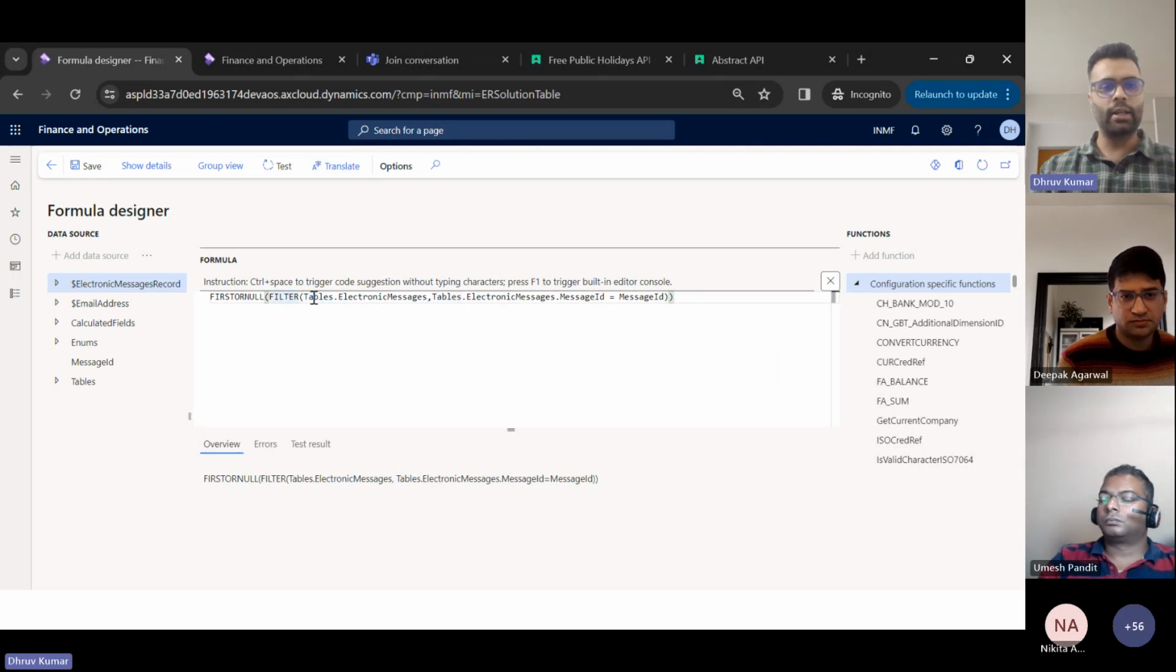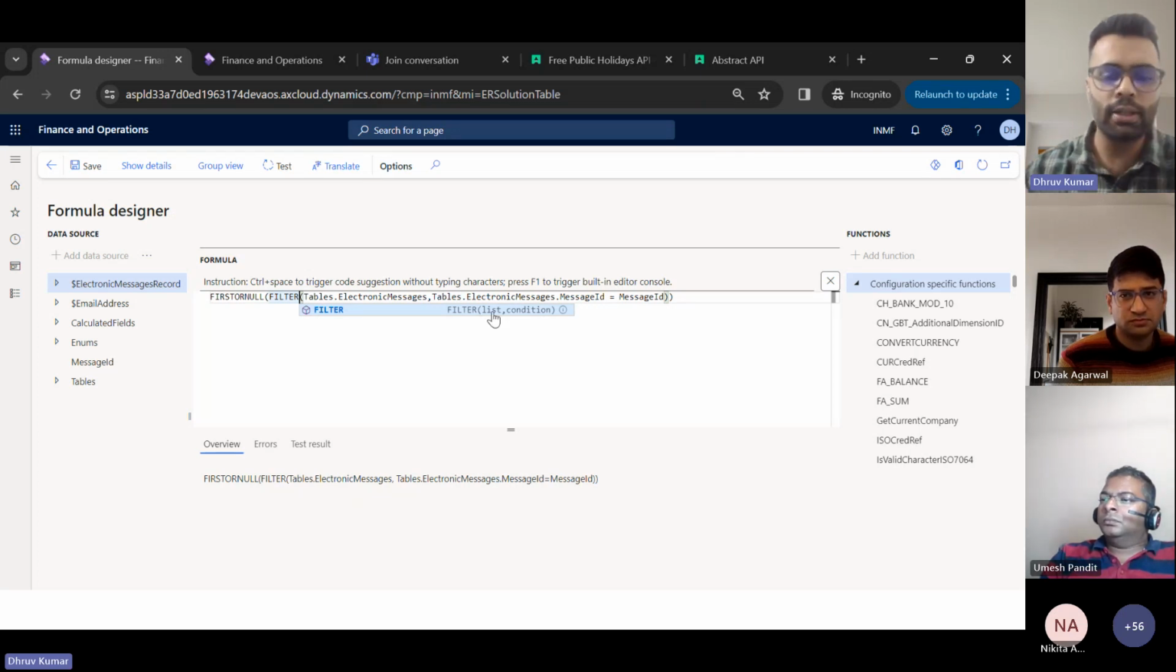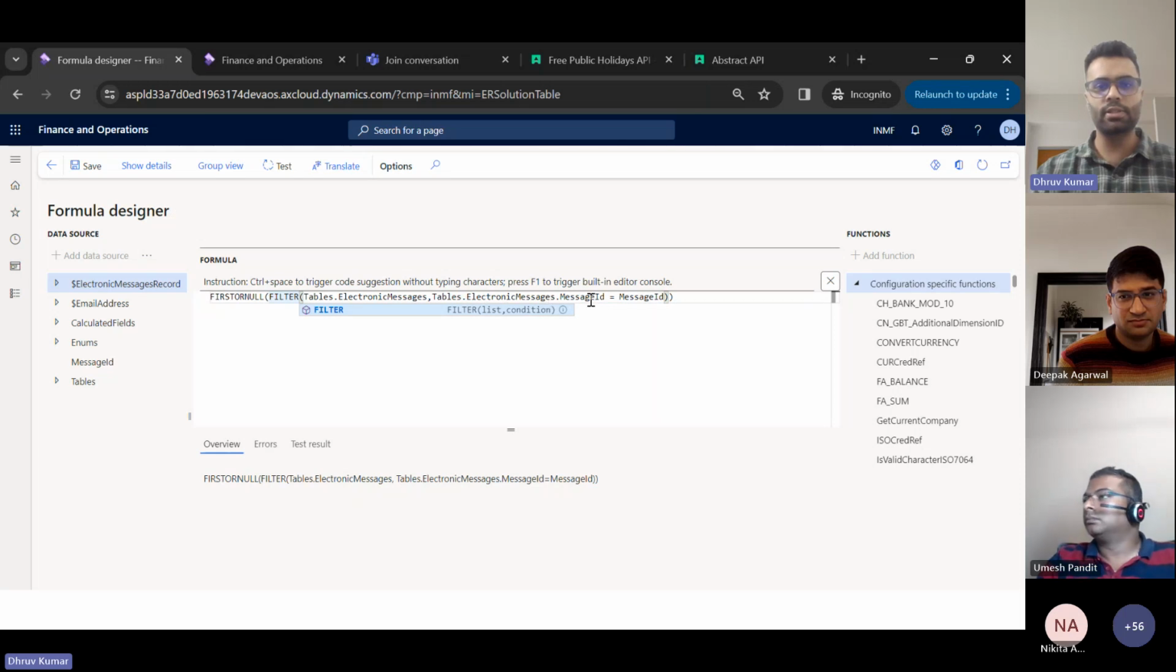For the context and syntax of using the filter, you can simply click here and press Control plus Shift. After that, you need to apply the list, as in the parameter list. What is the list? The list is nothing but the record list, the table record which you have added. So this is our record list, and then the condition. For the condition, we have given the message ID underneath of this table and the parameter which we